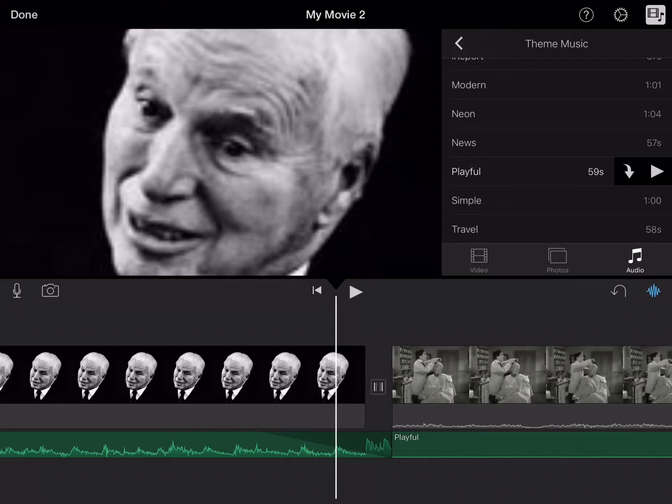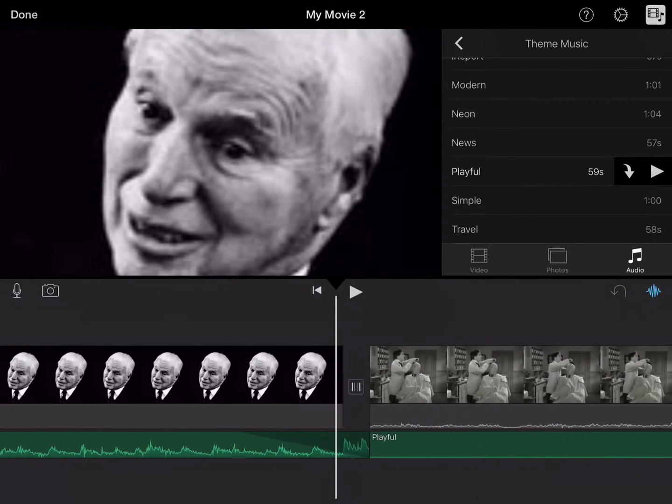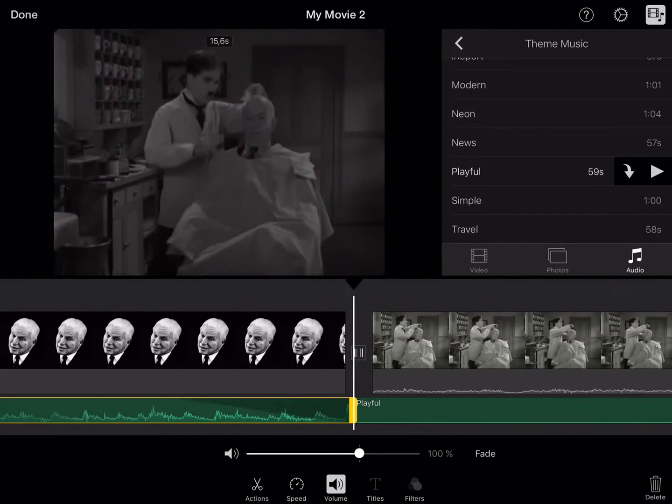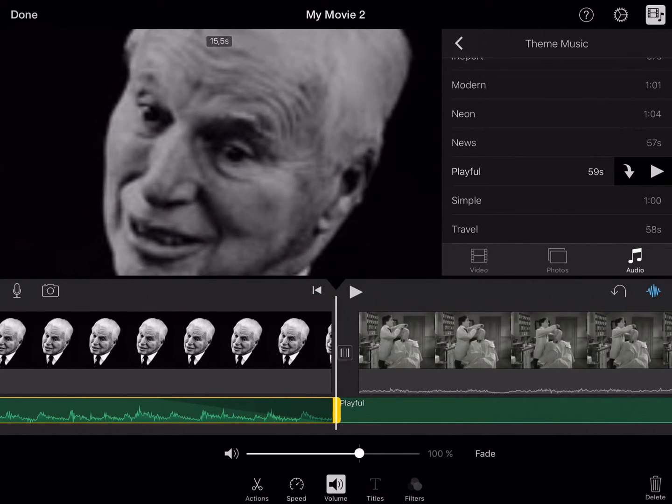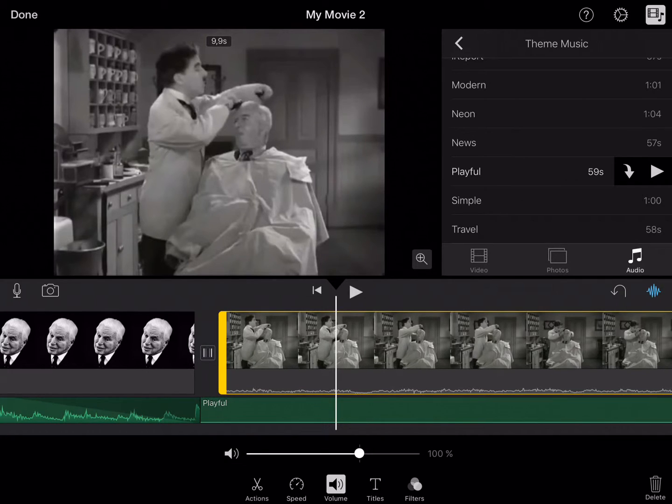Okay, there's that bit there, I don't know why that bit from that one sounds underneath. Okay, there you go. Now then, I have the video, the theme music silent, and I can make this louder. Now what I often do is, you can see that there's the sound section on the video,